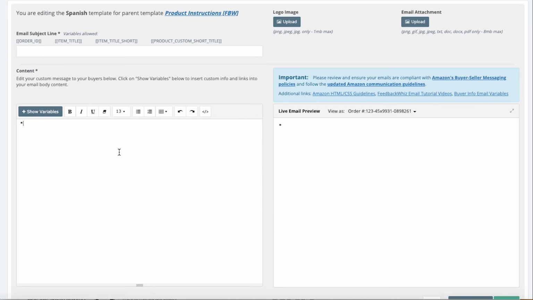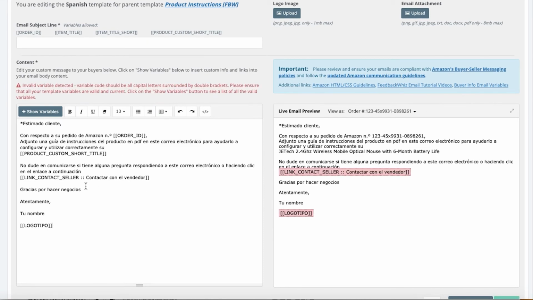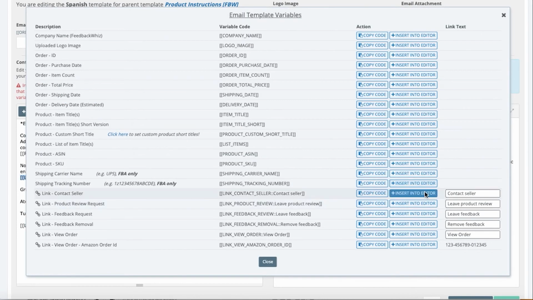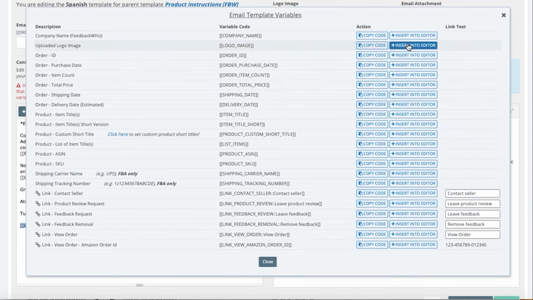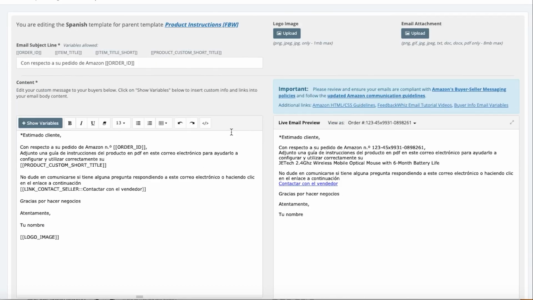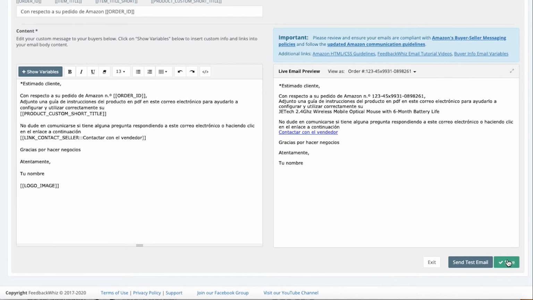You can use Google if you would like to paste in these translations. So let's go ahead and fix this up. I have used Google. Okay, so now that the Spanish translations have been pasted in, I have used Google to make these translations. I'm just going to go ahead and click on Save.